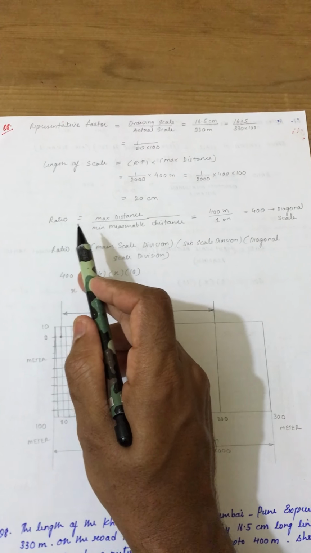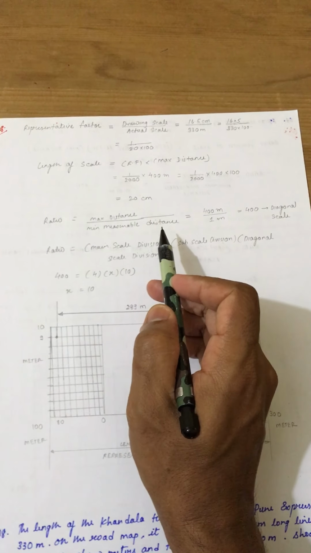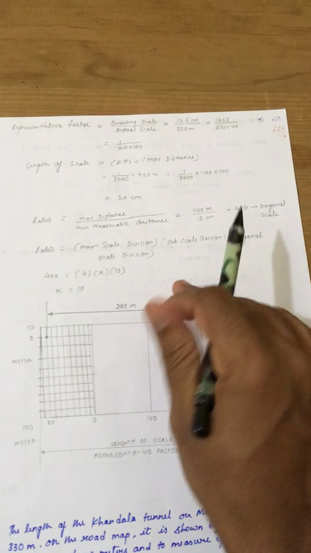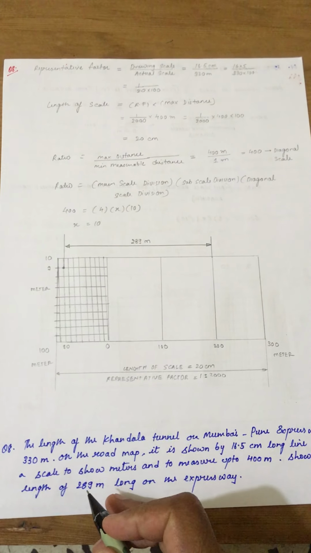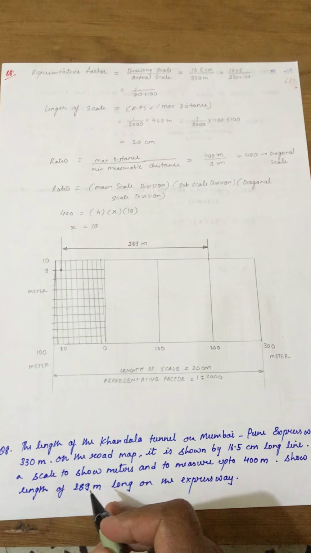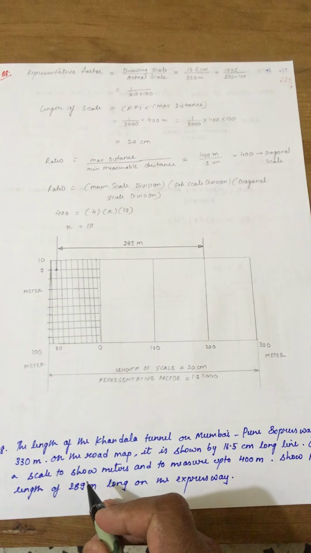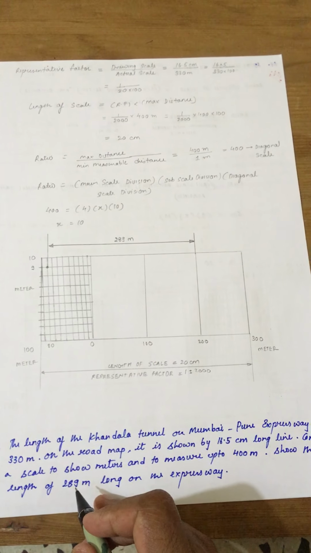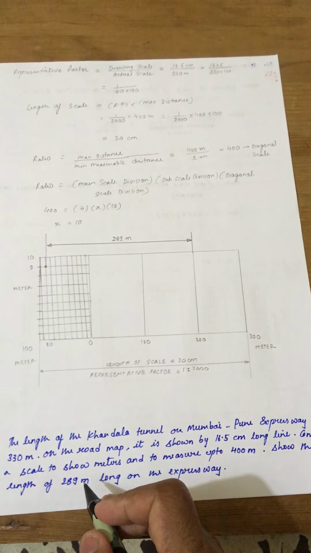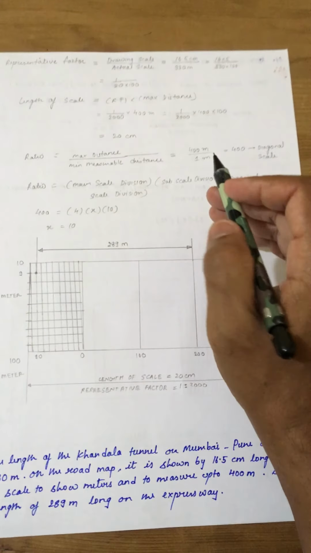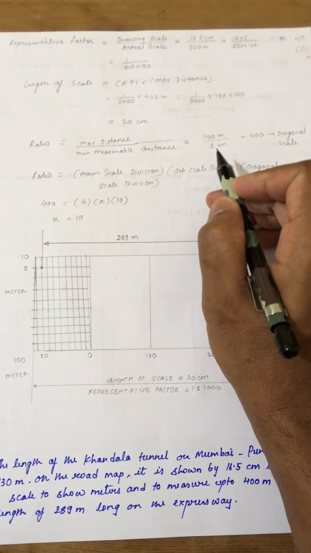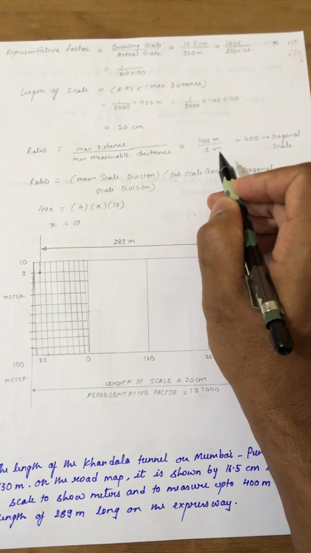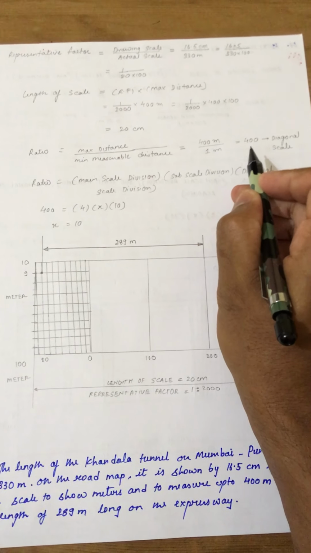Next, ratio. Ratio is nothing but maximum distance upon minimum measurable distance. Maximum distance is 400 meter. Minimum measurable distance, from where you are going to get the hint? From here. कितना आपको दिखाना है? 289 meter. So what is the least? 9 meters. So either you find out the factors of this 9. Okay, it can be 3, it can be 9, or it can be 1. For our simplification, generally it is suggested, or I assume generally, 1 as my minimum measurable distance. So 400 upon 1. So meter cancel, so you will get 400.